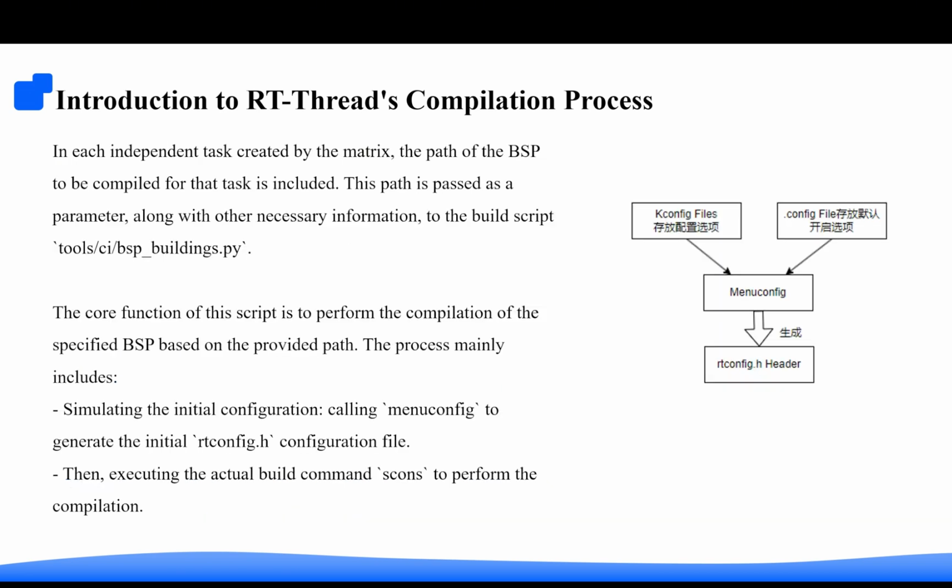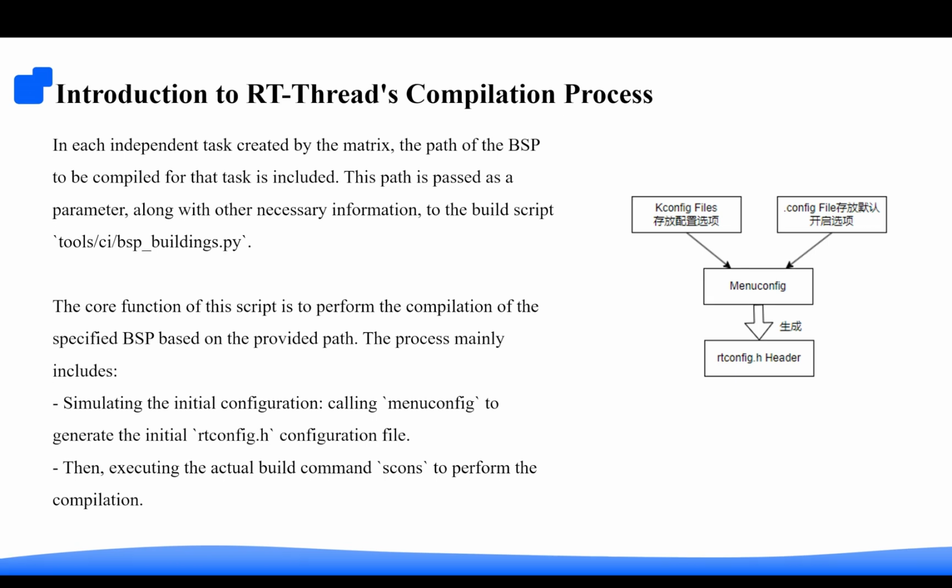Each independent task created by the matrix contains the BSP path that it needs to compile. This path, together with other necessary information, is passed as a parameter to the compilation script tools CI_BSP_buildings.py. In the compilation script, the core function is to execute the compilation of the BSP according to the passed in BSP path. The process mainly includes simulating the initial configuration, generating the initial